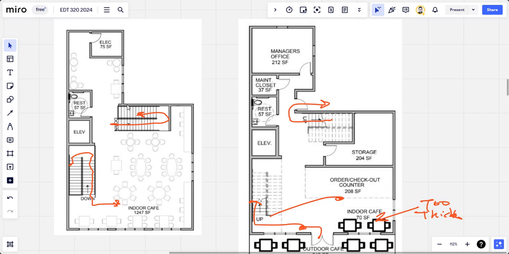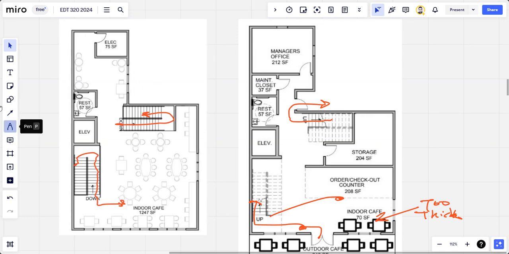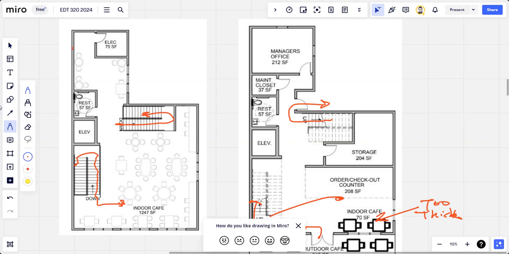You're the designer. This is not an architectural class, so I wouldn't say this is necessarily wrong. Electrical closet maybe is better suited if the wall is here like this, and then you probably have the door here,